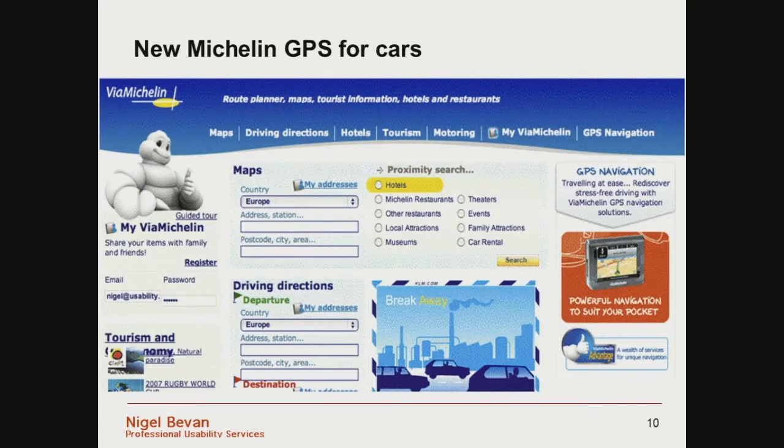Now, I need a new Sat-Nav for my car. Michelin are producing one. I use lists of Michelin restaurants. I thought, what a good idea. Maybe a Michelin Sat-Nav will help me find good Michelin restaurants. They were advertising this Sat-Nav on their site. But before I go ahead and purchase one, I'll look around and see if there are any reviews